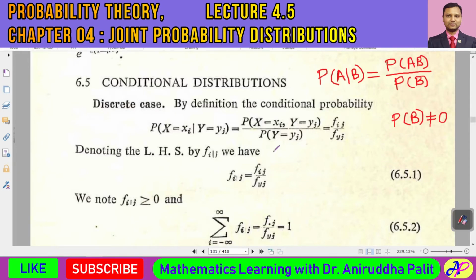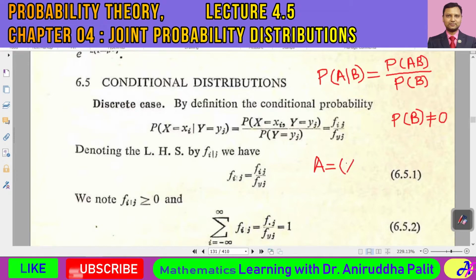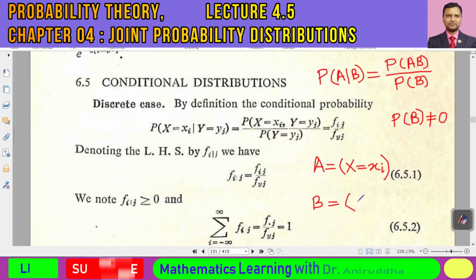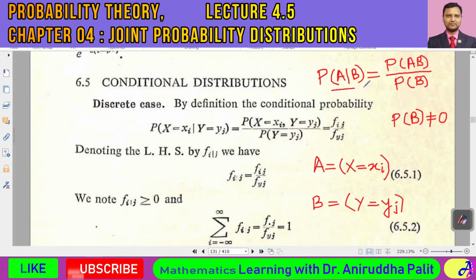Now with this same kind of idea, we are first defining this for discrete distributions, and a similar definition will be discussed in the case of continuous distributions. So in the case of a discrete distribution, if we define the event capital A as capital X is equal to xi, and B is the event that capital Y is equal to yj, then probability of A given B can be written as probability that X is equal to xi, that is the event A, given Y is equal to yj,